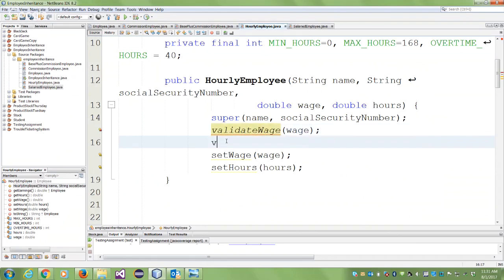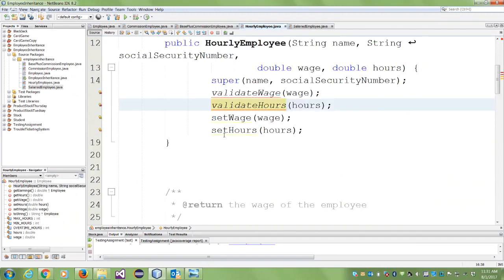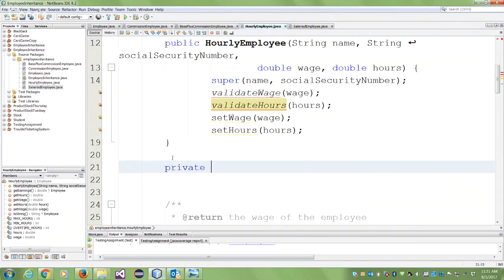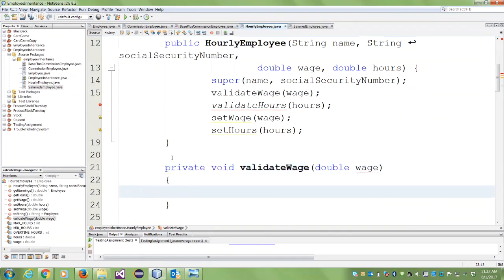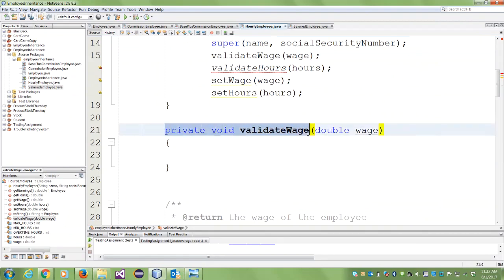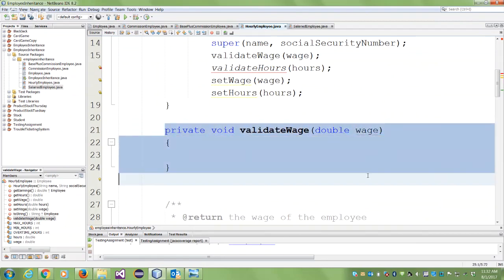And I'm going to write a validate. You can call it whatever you like. Hours, and I'll pass it the hours. And then I'll just create them here. Then I have to go and copy them. So I'm going to create a private method that does not return anything. It's called validate wage. Takes a double, not capital D. This is just a basic data type. And make a copy of it